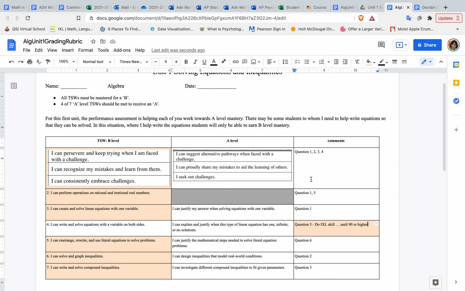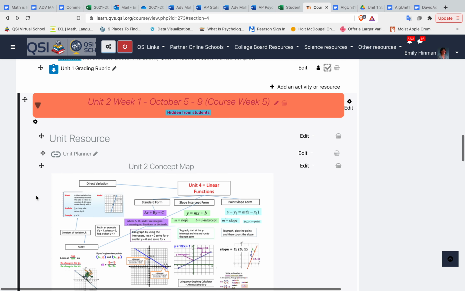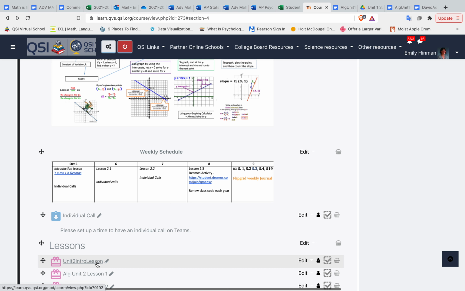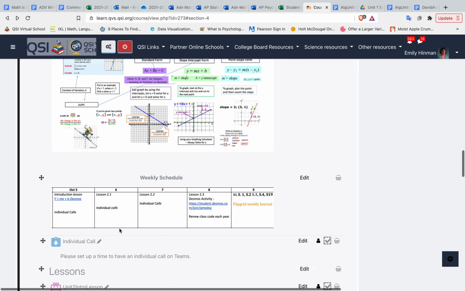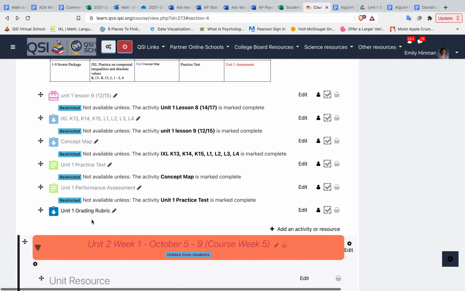Let me go back to the grading rubric. You can see you don't need all A levels on this unit, you need 4 out of 7. So if you want to work on one or two things, then we can talk about what you might do. Let's say I had to help on the test and you still really want to earn the A, then we'll talk about that. Finally, you can't see this next unit yet, but when I unlock it and show it to you, to start this Unit 2 introduction lesson, you need to have a B or an A. That unit's not going to open up until you get a B or an A on this assignment, so you have to make sure you wrap up that unit first.